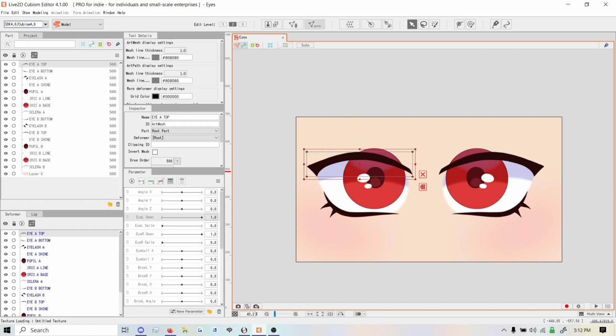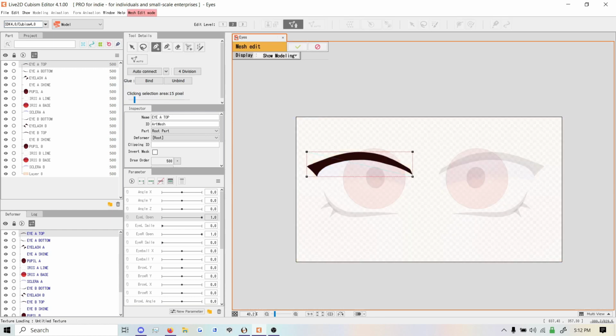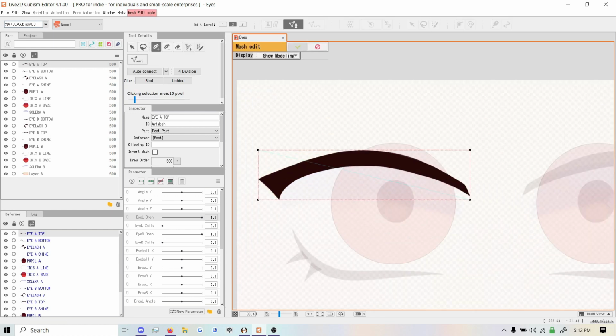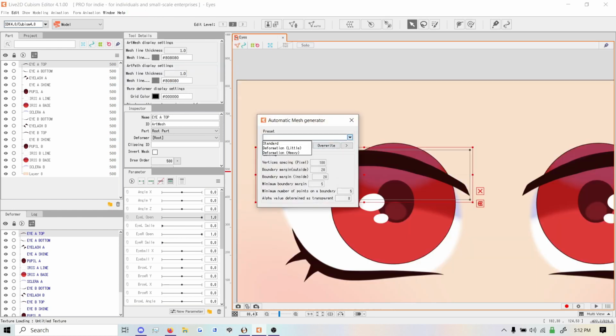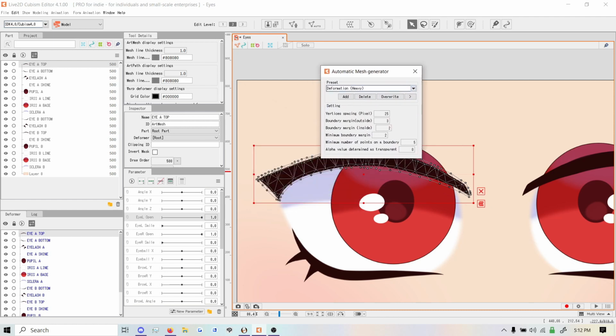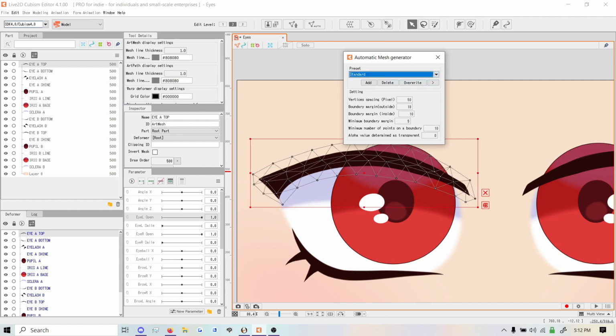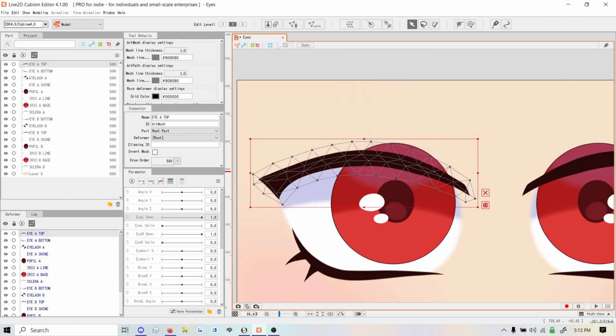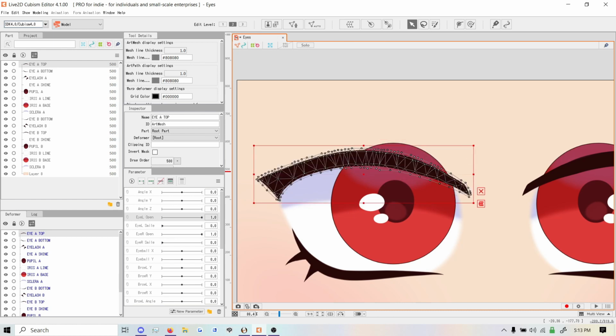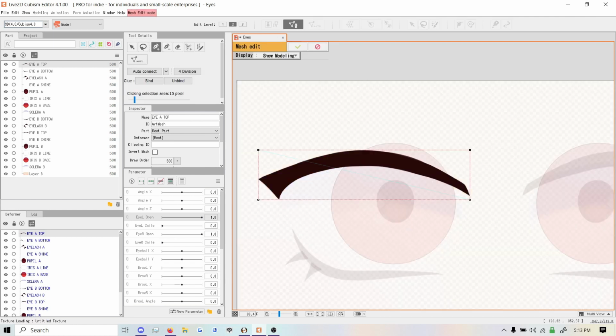by setting up our meshes. Now, you can do the mesh by hand, or you can do it automatically. Either works. Doing it automatically, you're going to want to either use the heavy deformation or the standard deformation. Do not use little, as it will not give you enough points to manipulate. However, if you want to be very thorough, you may want to do your own meshes, as this will allow you to control the points at which you can manipulate the eyebrow or top of the